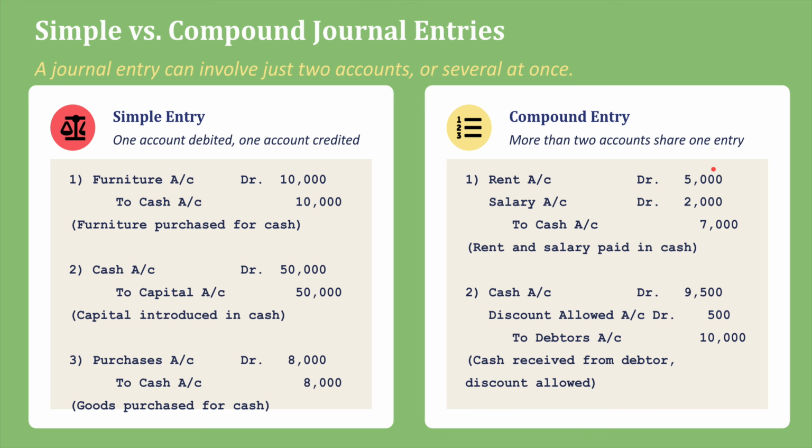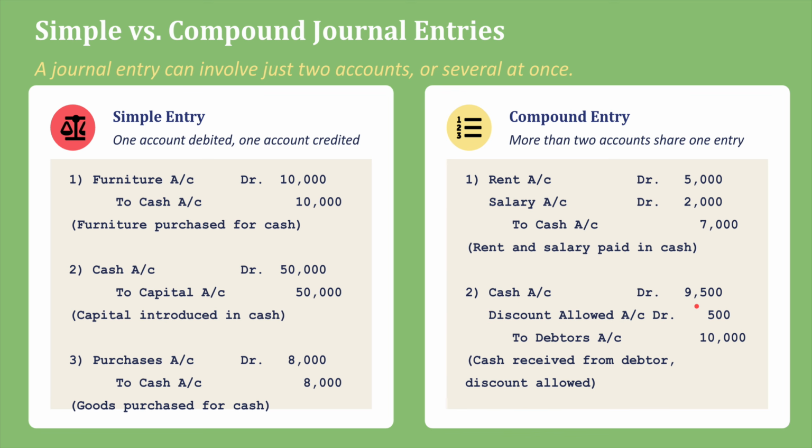If you see, the total debit should be equal to the total credit. Okay, that is very important in a journal entry. Debit and credit should be equal. So 5 plus 2, 7,000, and credit side is 7,000. Now what is the narration here? Rent and salary paid in cash. Next,